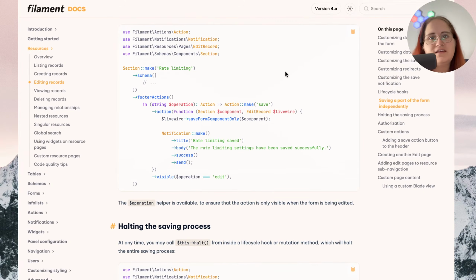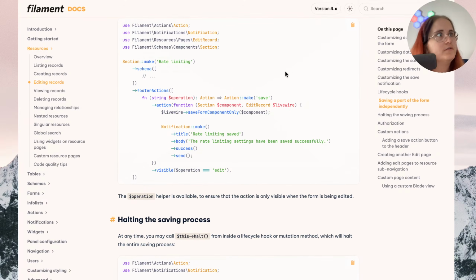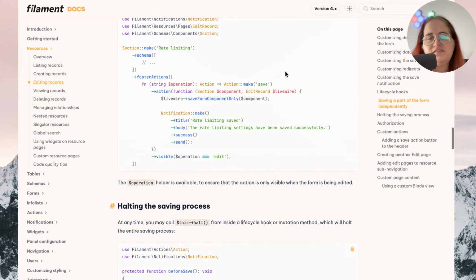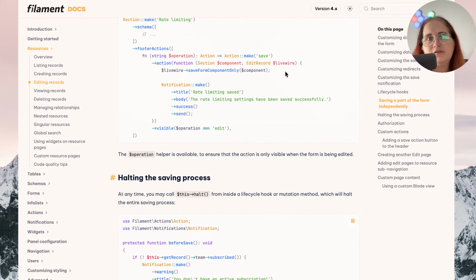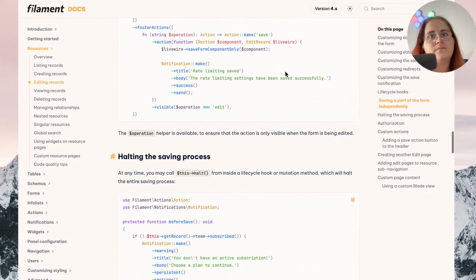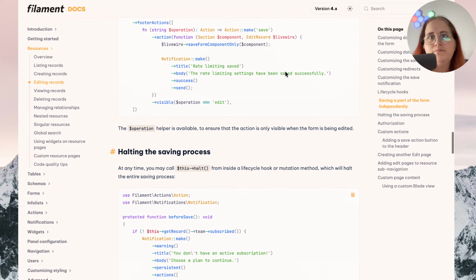Use Filament\Actions\Action, use Filament\Notifications\Notification, use Filament\Resources\Pages\EditRecord. Use Filament\Schemas\Components\Section; Section::make('Rate limiting')->schema(...)->footerActions([